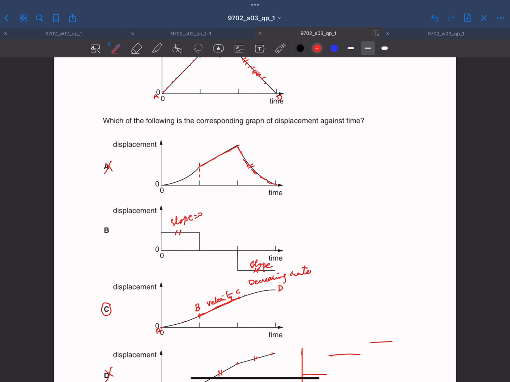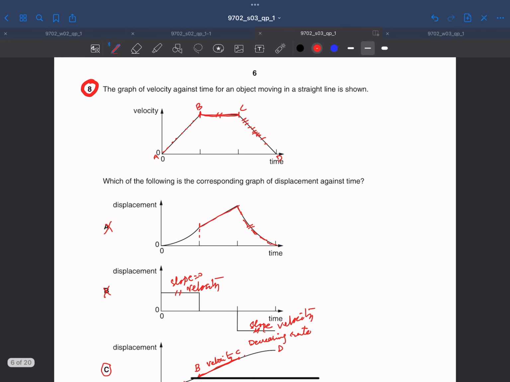So in both these situations velocity is zero, but you know that velocity is not zero in our given graph. So even this B is not correct. So be careful of these situations. So this is question number 8 of your